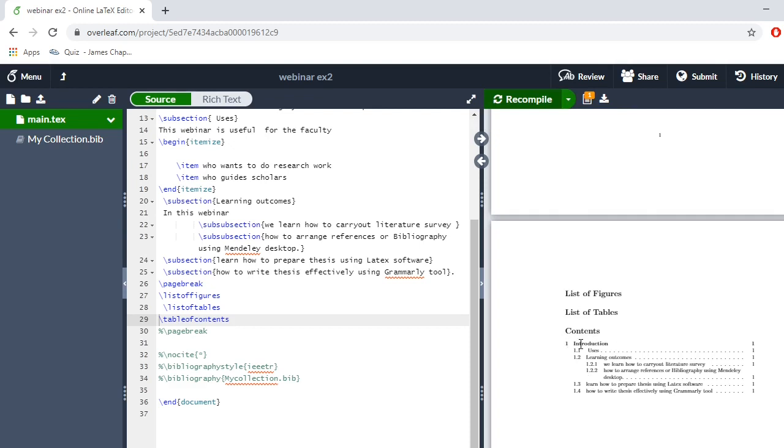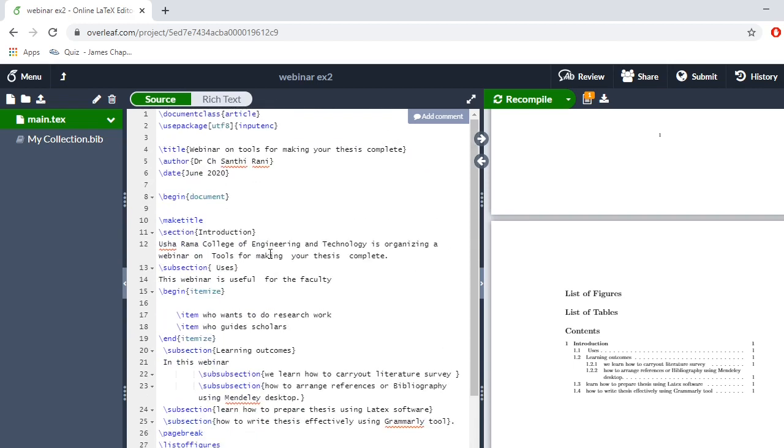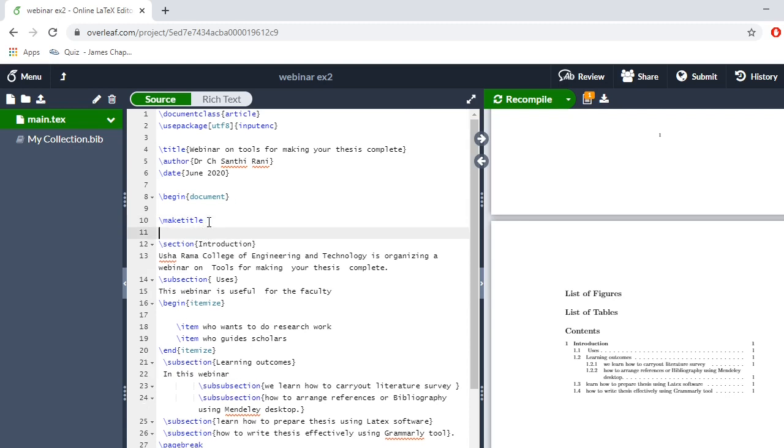Generally we write this contents at the beginning of the document rather than at the end of the document. So now here I'll write this as a comment, and I want to take this to the top of the document. So let me Control C, go to above the introduction, and write this table of contents, right?